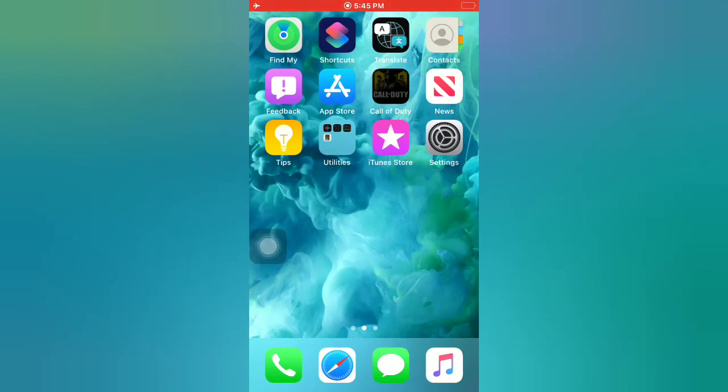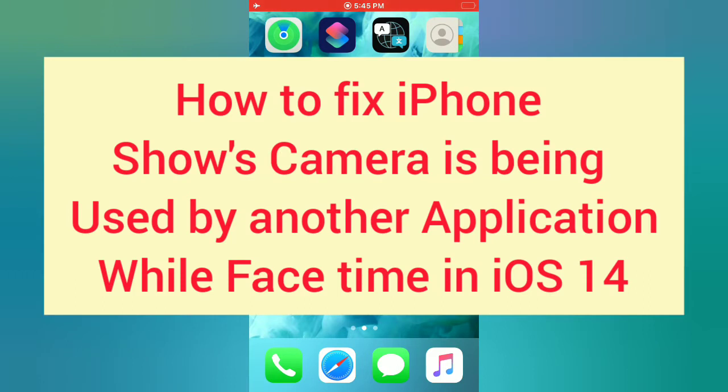In this video I will show you how to fix iPhone shows camera is being used by another application